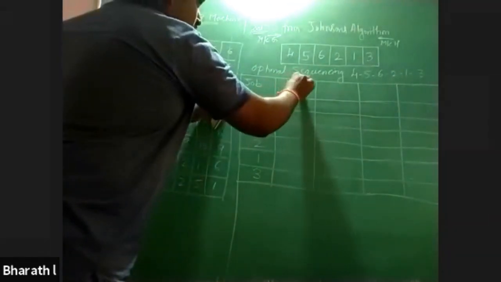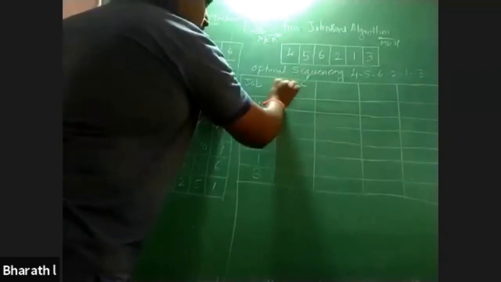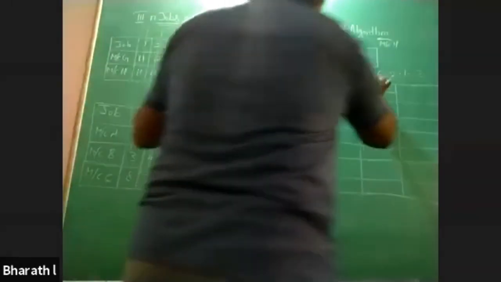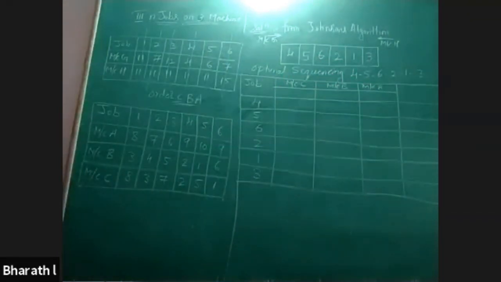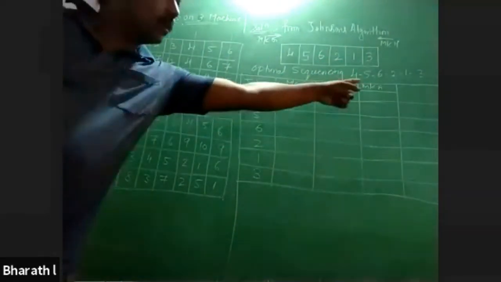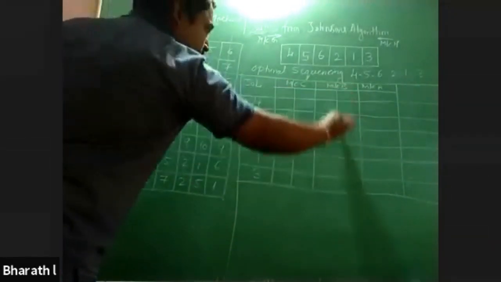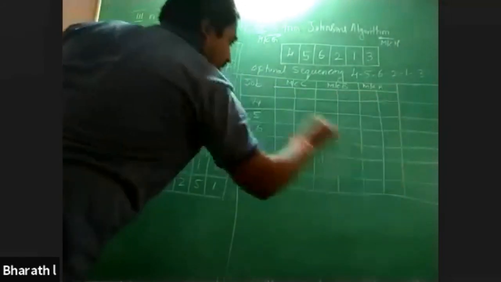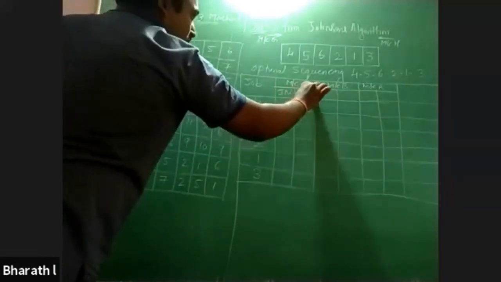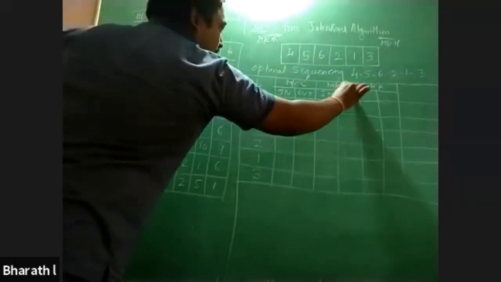That is, first you have to write machine C, and next machine B, and machine A. The same order you need to construct: machine C, B, A. Next, for each machine there is an in time and out time. Here you have to write in, out, in, out, in, out. In the last column, you need to write idle time for the last machine.